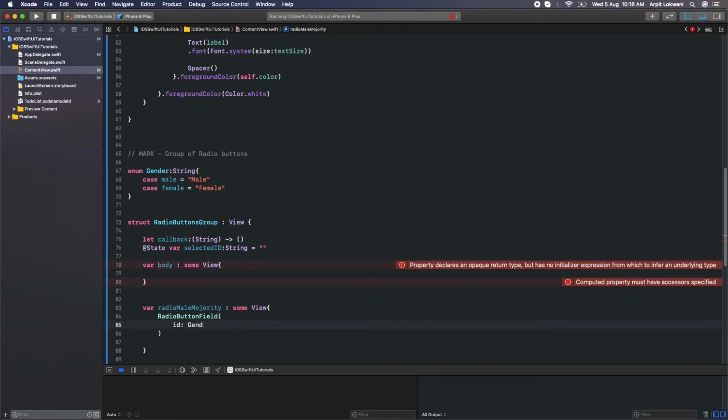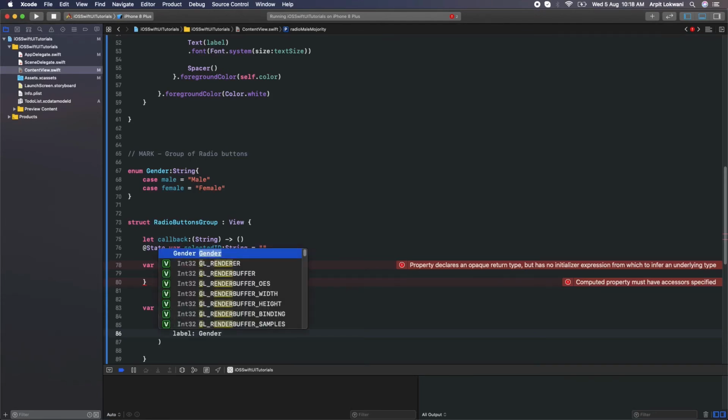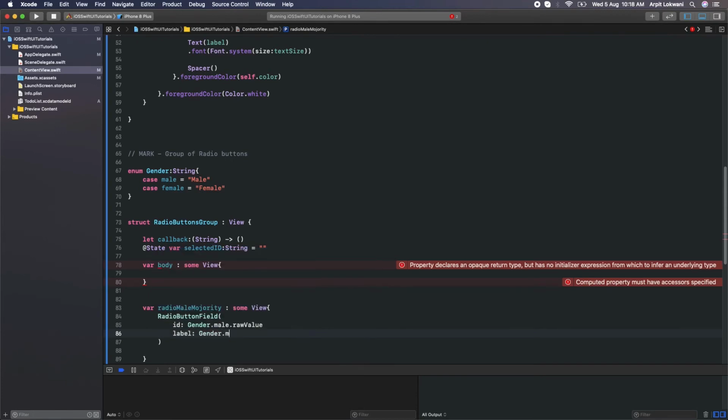Just now we put it in gender dot male dot raw value. We are assigning the values, and label also will be gender dot male dot raw value, and callback. Okay, and is marked.